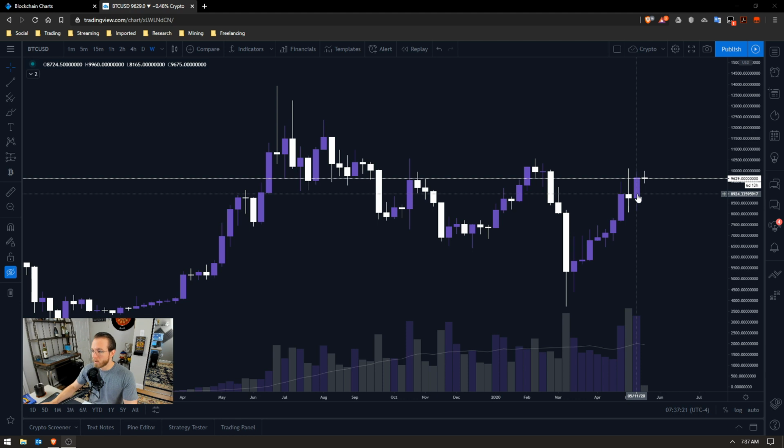And now it is post-halving, and it looks like the price action is starting to slow down just a little bit. The week before, we had really big ranges here, all the way up to breaking 10,000 and all the way down as low as 8,000. And then the week after the halving, we had this candle. This candle just opened up yesterday, and so far, not very much price movement. It looks like we're getting a shooting star here, which would be a bearish candle formation